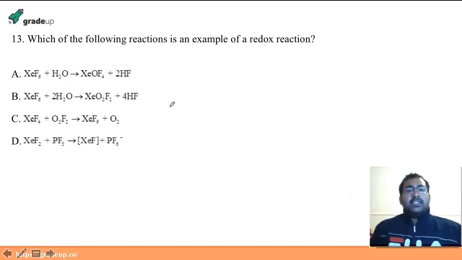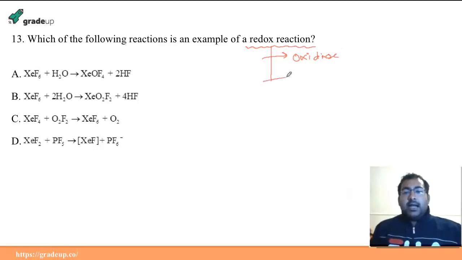Which of the following reactions is an example of a redox reaction? This is a fairly simple question. You just need to know that in a redox reaction, some species oxidize and the other species reduce. So oxidation and reduction take place in a redox reaction. That's why the name is reduction-oxidation, redox reaction. We just need to identify whether there is some species going through oxidation and reduction in